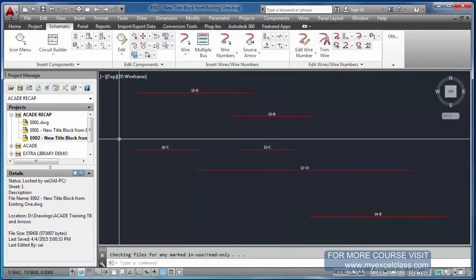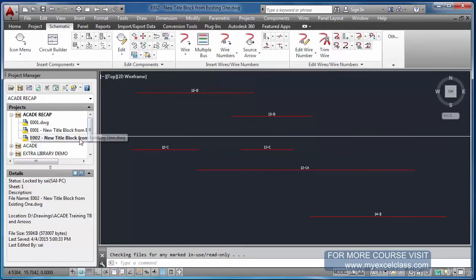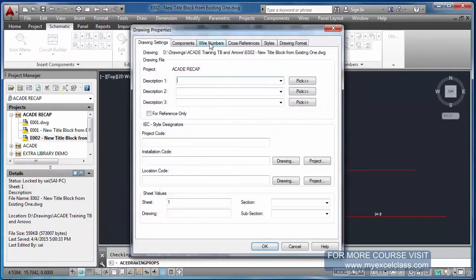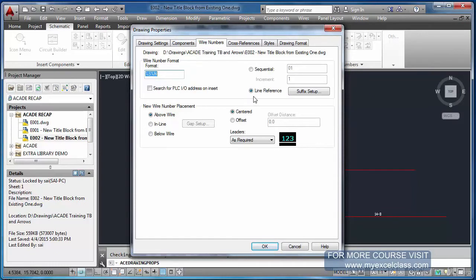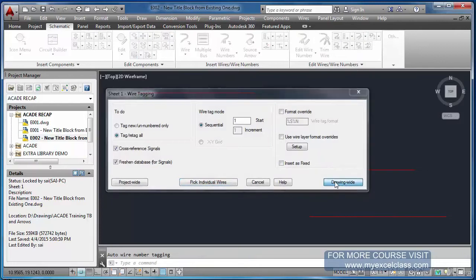If I want to change my wire numbering format sequentially, like 1, 2, 3, that is very much possible. Go to drawing properties, wire number. Here this is line difference. I will change it to sequential. Click OK. First I will delete all these wire numbers and put fresh wire numbers.